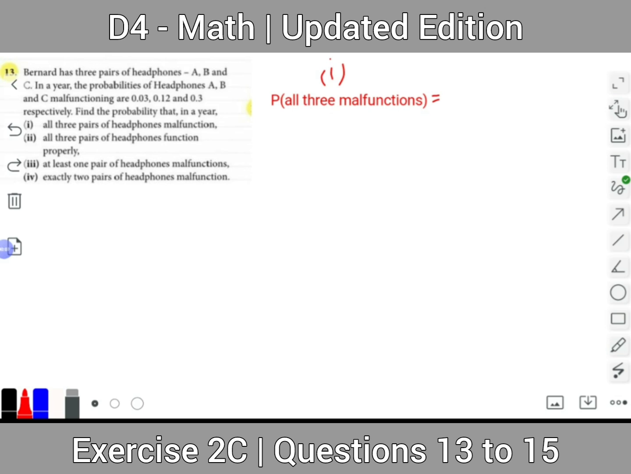Since the probabilities of the headphones A, B, and C malfunctioning are given in the question, and those are 0.03, 0.12, and 0.3 respectively, here we will apply the multiplication law of probabilities. So 0.03 multiplied by 0.12 multiplied by 0.3. Now here we will multiply